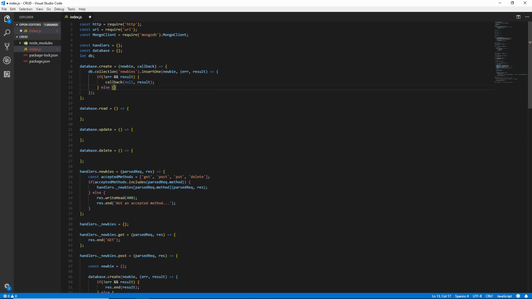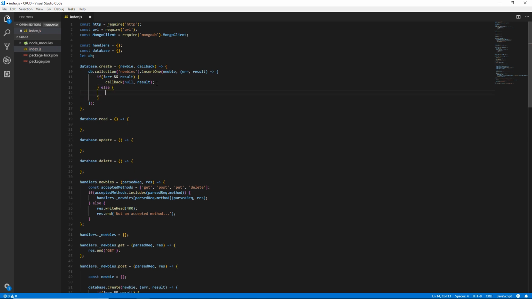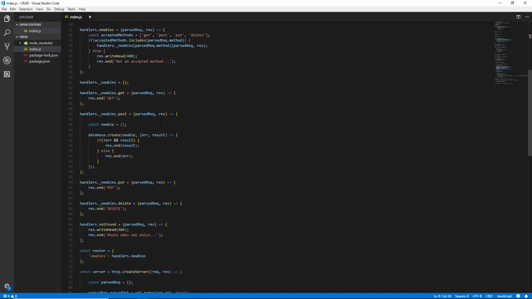Else, if there was an error, we're going to call back error. Alright, so now that we require actually getting a newbie passed to the .create method, which is being called by